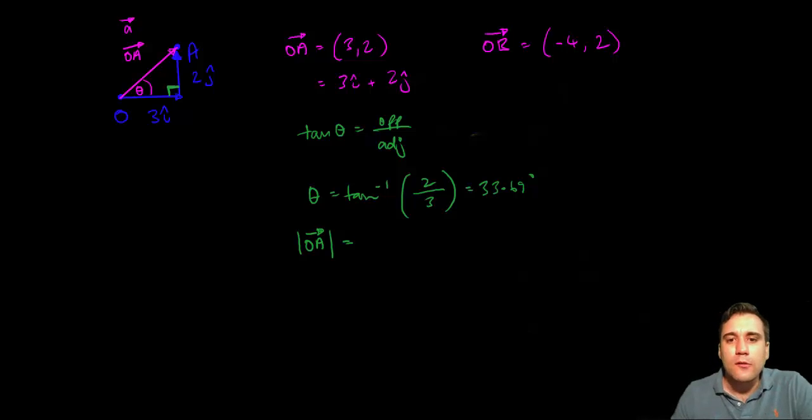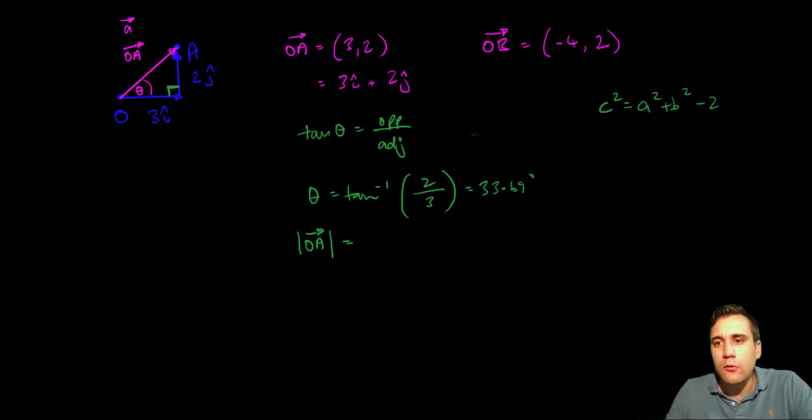So if you remember the old c squared equals a squared plus b squared minus 2ab cosine theta, if theta is 90 degrees, or let's say phi in this case, where this angle here is phi in this corner here,